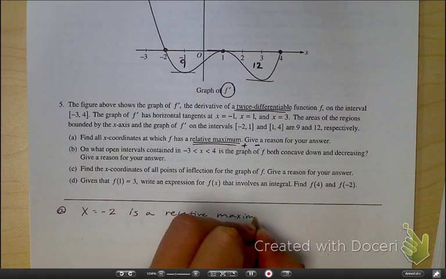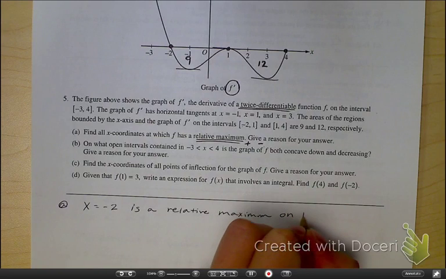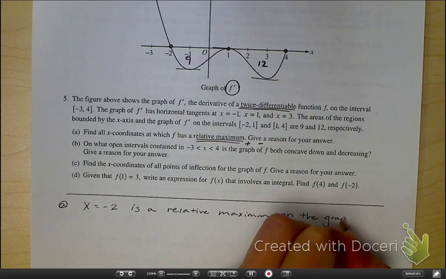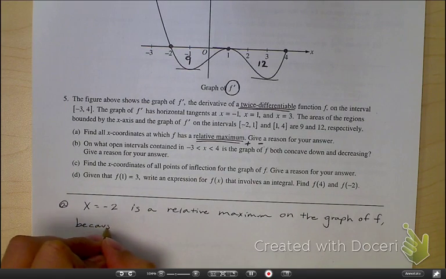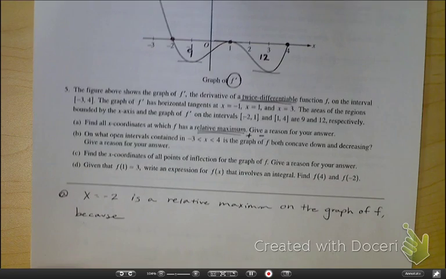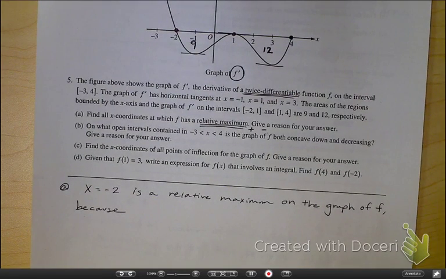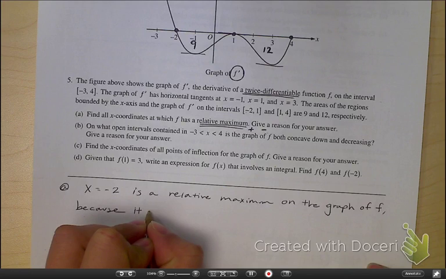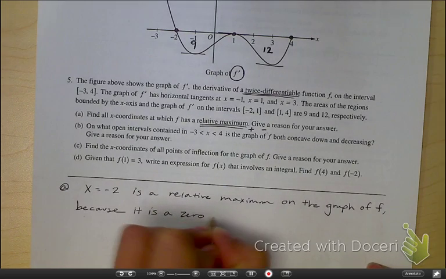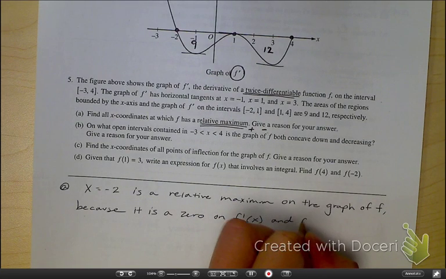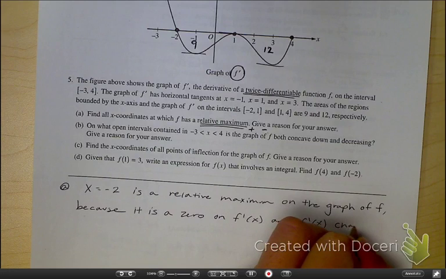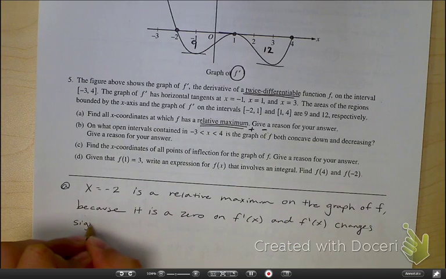Maximum on the graph of f because, and then here's where you can use that green paper that I gave you to justify your answers, but mine might not look exactly like that, but it probably has some of the same components. So it's a relative maximum because it is a 0 on f prime, and f prime of x changes sign from positive